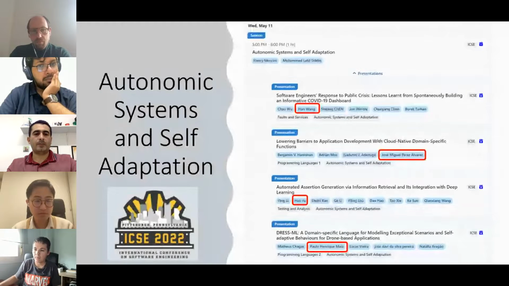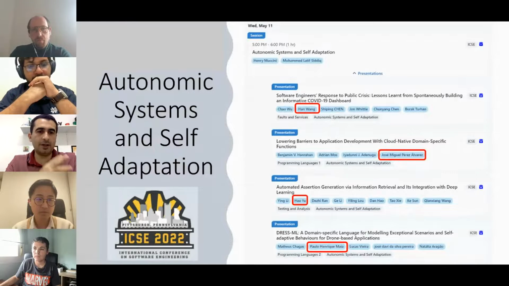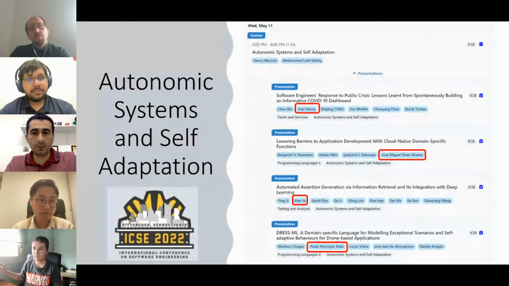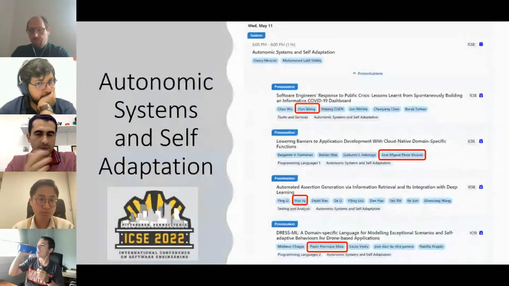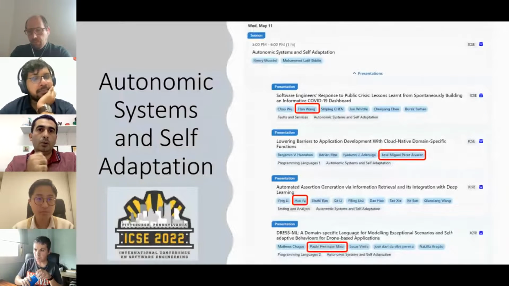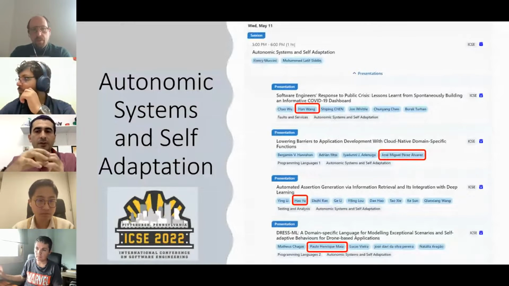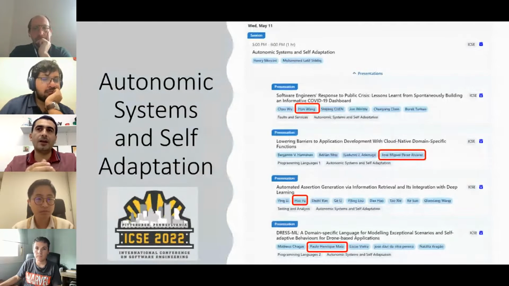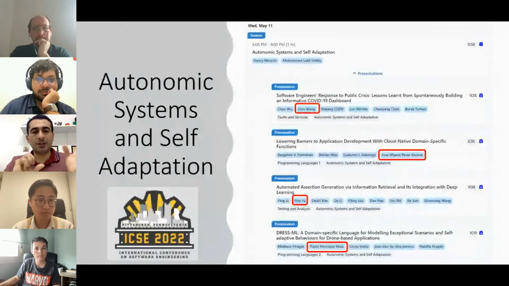Okay, good question. Our DSL only models the exceptional scenarios and the adaptive abstraction. So if you want to create code for a specific drone platform, you need to implement a model-to-text transformation engine, like we did in the paper for a specific drone simulator. We also know that, as we are using a more abstract way of describing drone elements, the user has to know how to match our concepts to the specific drone platform.